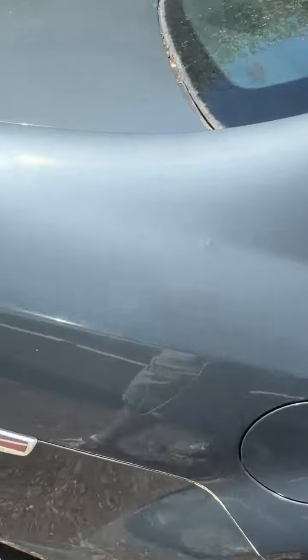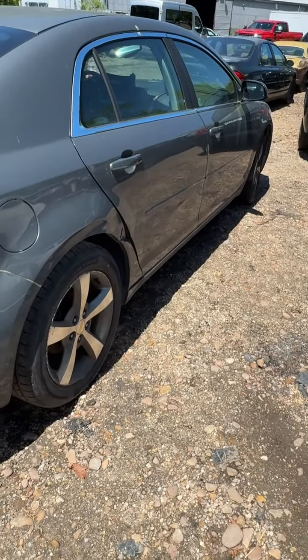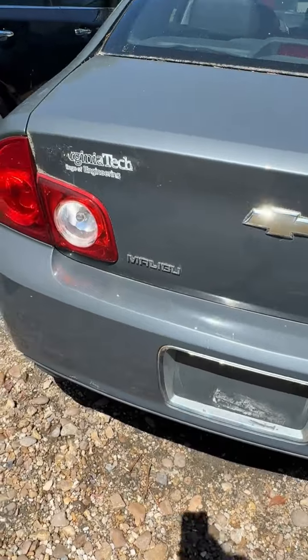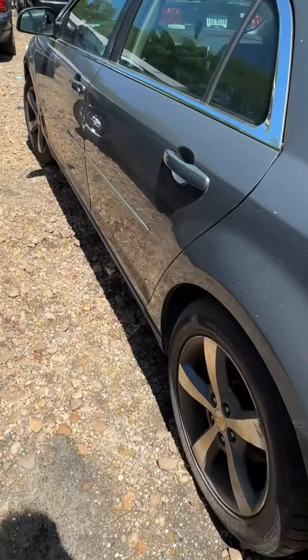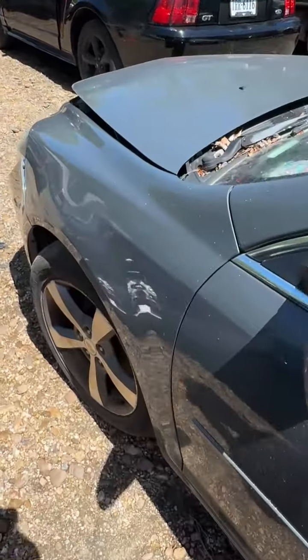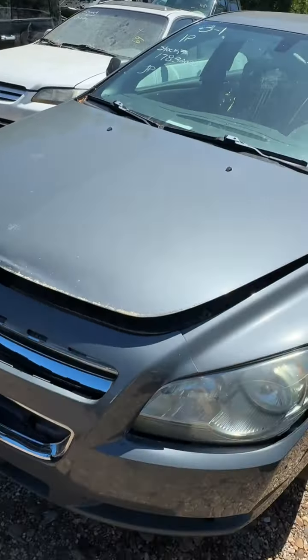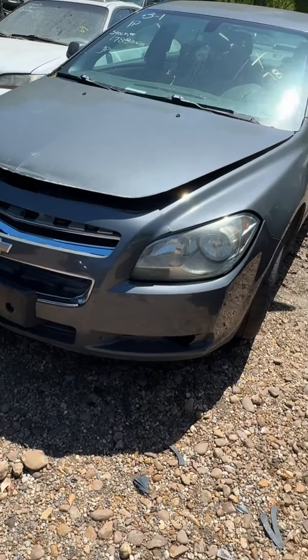I'll stand back, get a look at it going the other way. A little bit of a sunshiny glare on it. Some of my photos today probably have the same glare. It's kind of hard to get away from the sun. Anyway, as we come back around and looking up the driver's side, she looks pretty good on this one. All the way back up to the front end on it. Once again, she looks pretty good, and that is going to be a look at lot number 78, your 2009